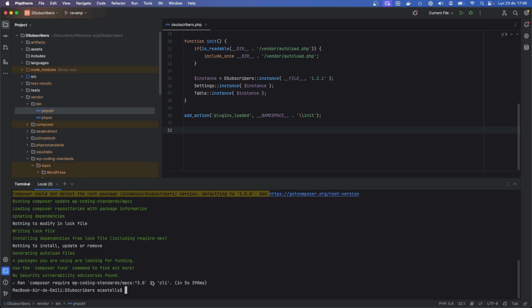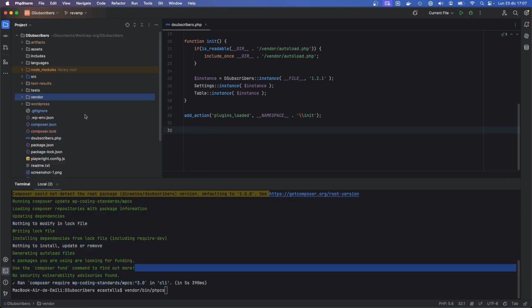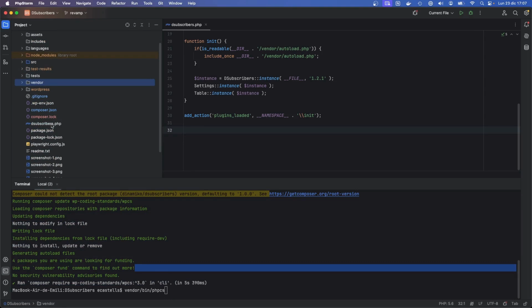So we can do a check if we do vendor bin, and now the phpcs. This is the CodeSniffer, and the phpcbf is the auto fixer. So we are going to use both. The first one is the CodeSniffer, and if we run it now, we can pass it a file. For example, if we want to check this file, we can pass it here. All right, and this will check